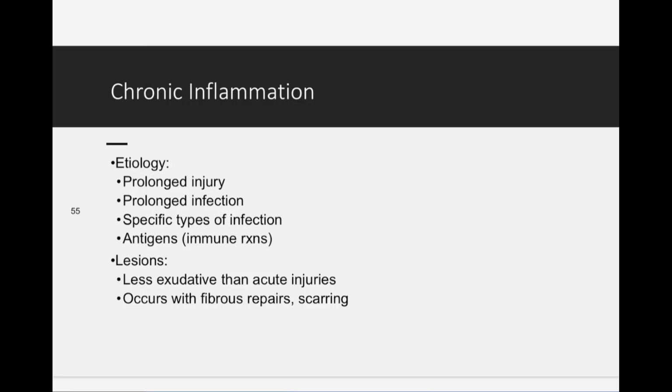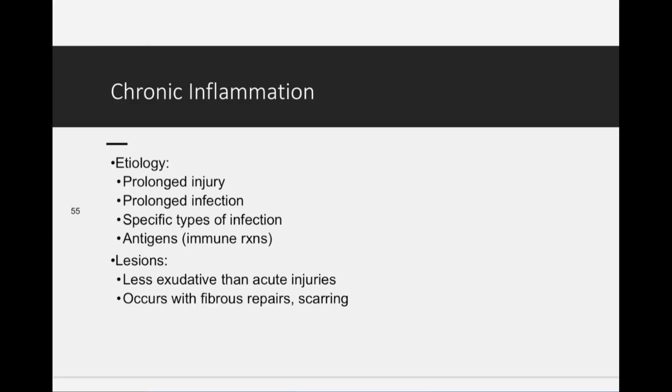We talked about acute inflammation. Now we talk a little bit about chronic inflammation, where it doesn't go away. Causes include prolonged injury, prolonged infection, specific types of infections, and antigens, like an immune reaction. So these are chronic inflammations. A lot of this lecture is just definitions and setting the stage so when you get into your other classes, they're going to talk about how this disease causes acute inflammation. Go back to your acute inflammation notes and know what goes on during that. If it says this disease causes chronic inflammation, this is what we're going to learn about now.